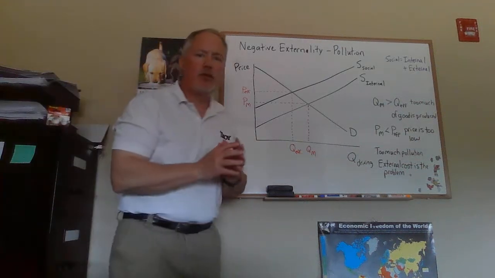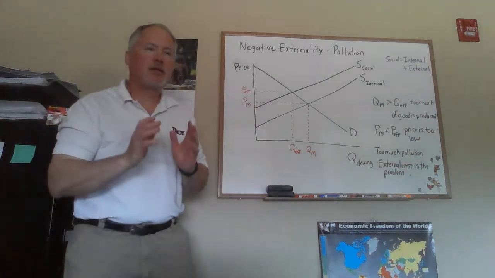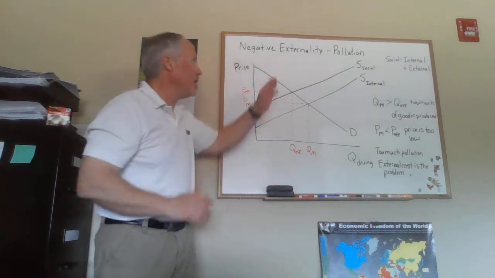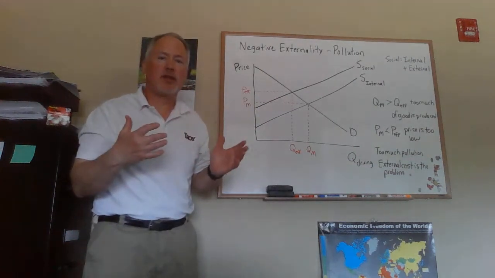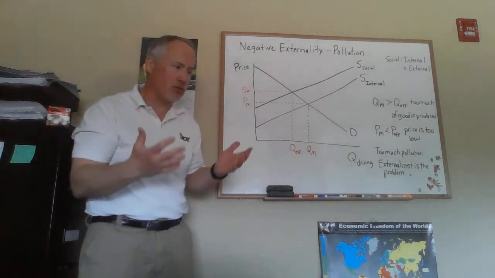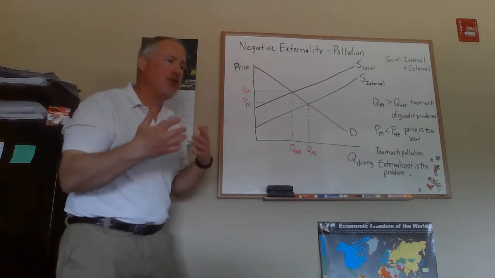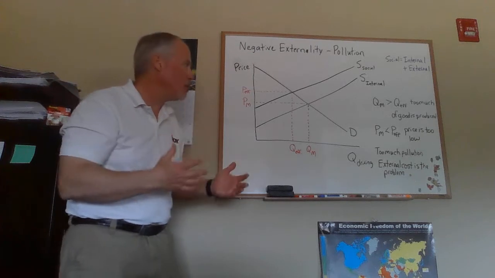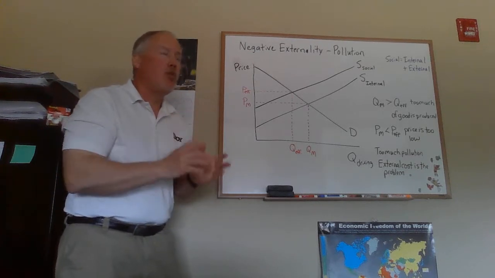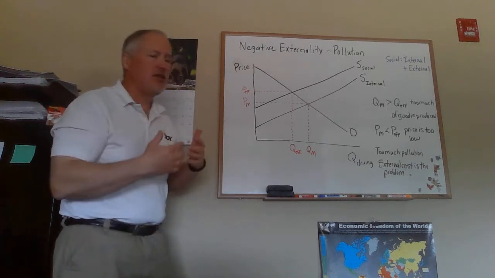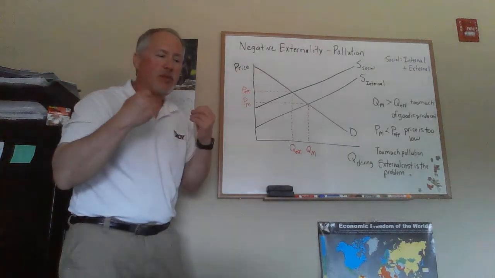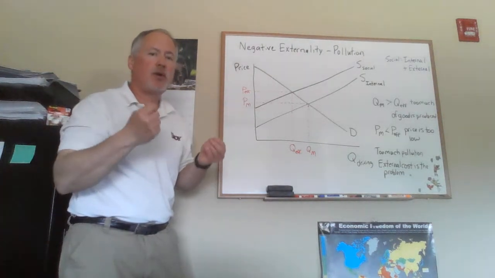Right. This video is going to talk about negative externality, a topic from chapter 7. And negative externality is also the way that economists understand pollution. So this is our model to help us think about pollution and understand how and why it's a problem. The name negative externality suggests there's going to be some spillover or third-party cost.